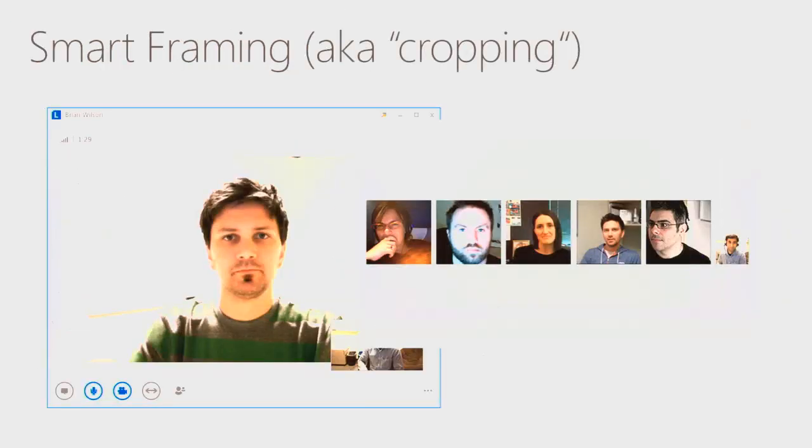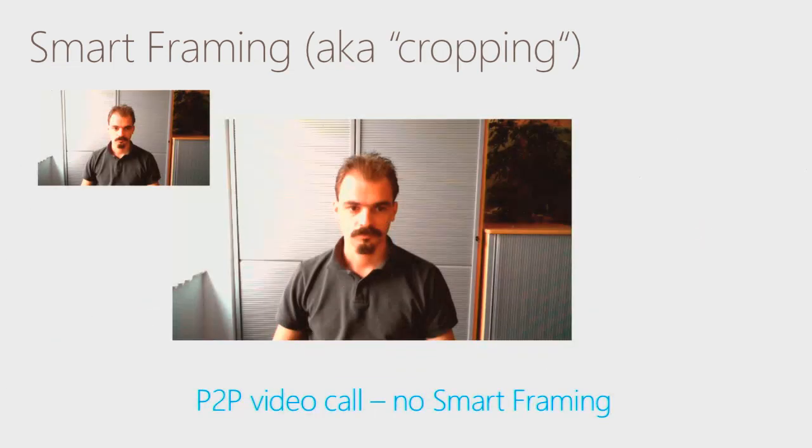Okay, so the last feature that I selected for this show of features and technologies behind the scenes, so you know that we are thinking about these videos seriously and really working on it, is smart framing. Again, I hope everybody knows what smart framing is. Sometimes, by the way, we refer to that feature as cropping. It's the feature basically that shows up in a